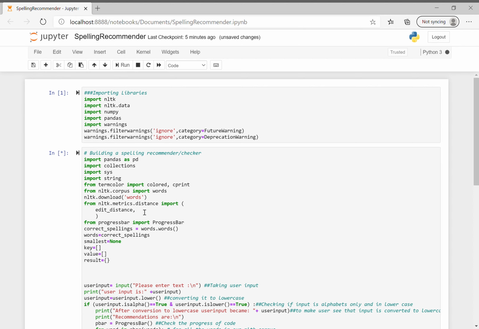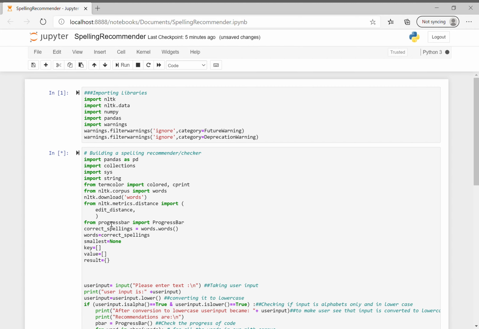So, a distance is calculated, as I'm showing here. From NLTK's metrics distance package, the edit distance is used, which is basically the Levenshtein distance. I will be sharing a link to explain what a Levenshtein distance is, so as to understand how it calculates the distance between the input word and the dictionary that we are considering here, and how close the input word is to a correct word. By that I mean that if the distance is 0, the word is a correct word. If the distance is not 0, there are words with a possibility to be similar to what the user was intending to input.